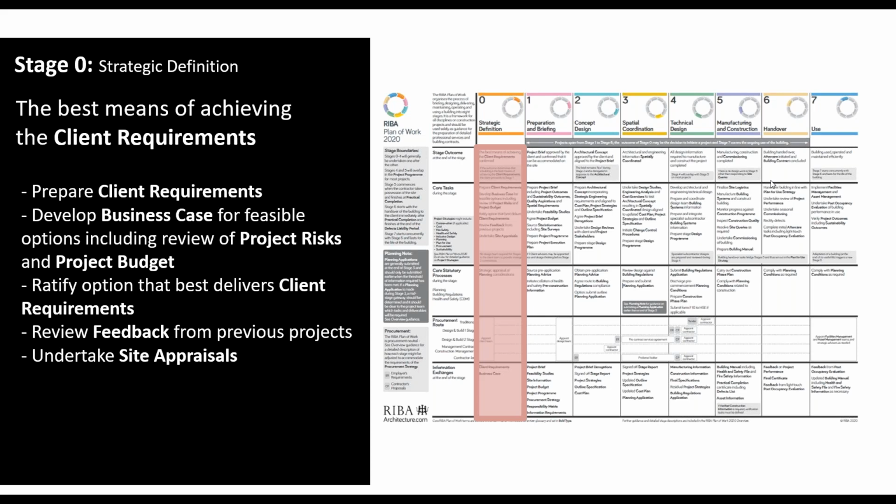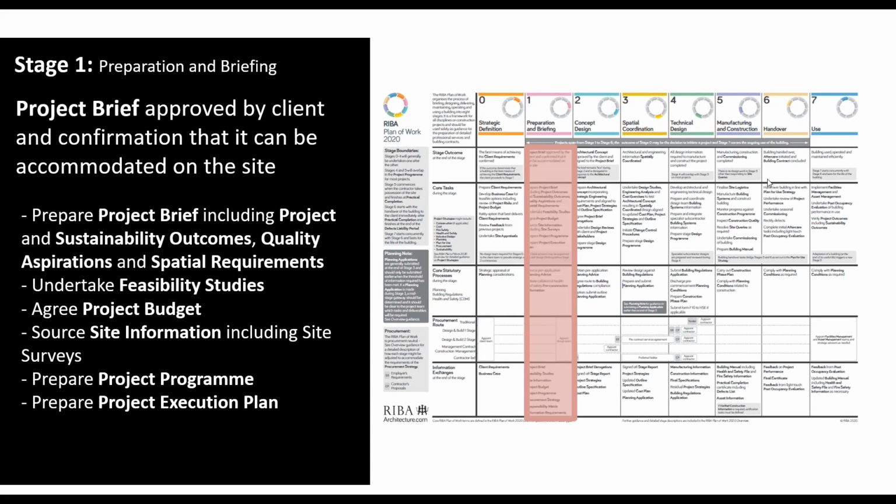And of course, the business case is behind that, the project risks. I remember once I did a project where there was a 3-kilometer drainage diversion required to make the site work, and it was on the edge about whether that actually would tip the project to not really be financially feasible. So that's really what stage 0 is about. It's that strategic definition. And of course, if a building project is deemed to be the most efficient way of achieving the client requirements, then next slide, we proceed into stage 1.